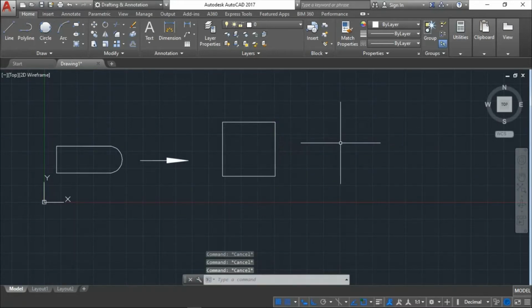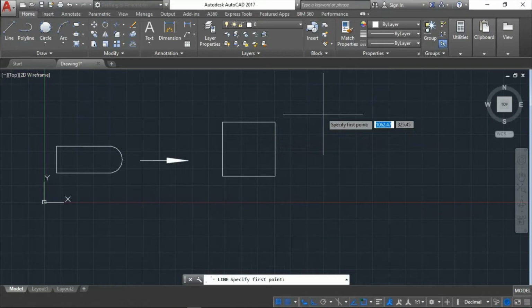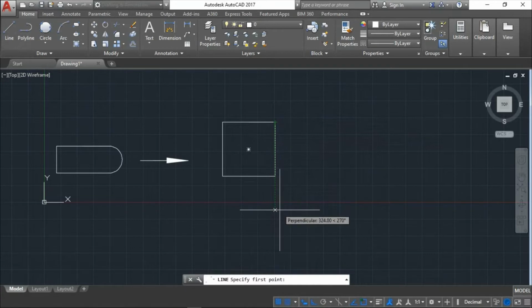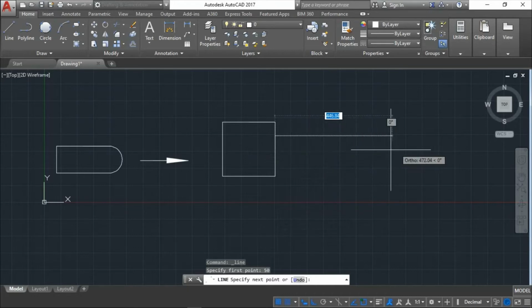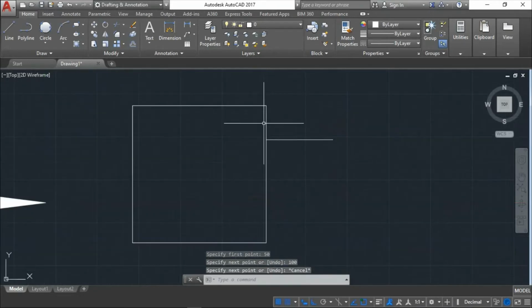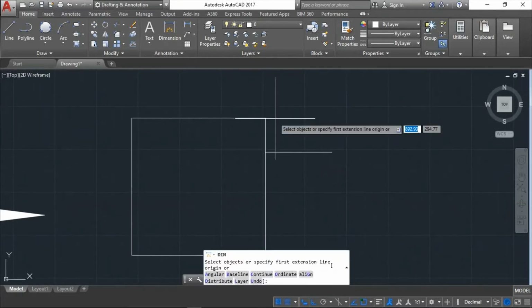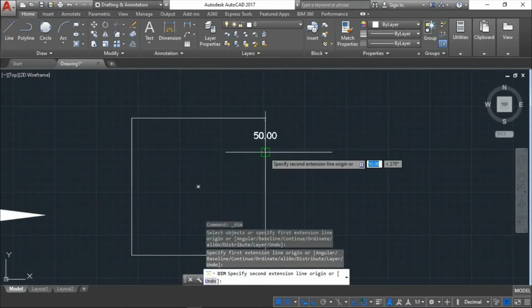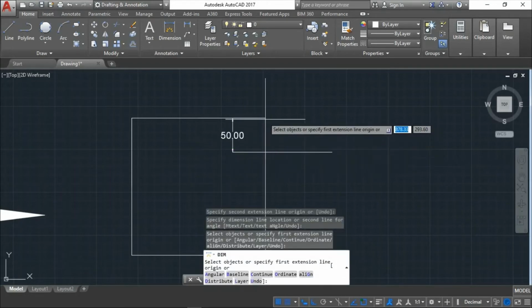For this purpose you have the tracking option. The tracking option is already on here. So simply take a line, keep your cursor on the corner point and then drag your cursor down. You can see the green tracking line. Now give your starting point. I am going to give 50 and then enter. And then for the ending point I am going to give 100 and then press escape. So you can see the difference. The line has been created 50 mm from the corner.